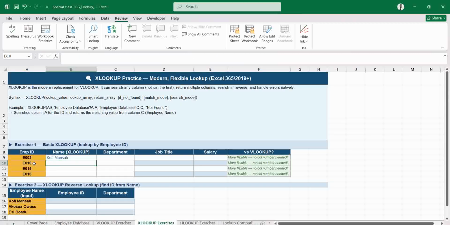So I'll change this to something which is not in the data. I'll change this to 30 and see what we will have. So let's drag the formula down to see the magic. So you can see not here. You can also do the same for the department. You drag,